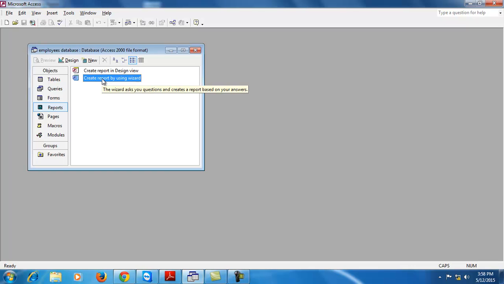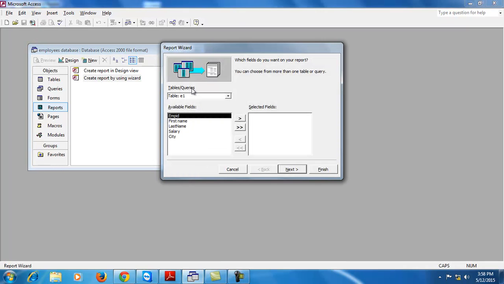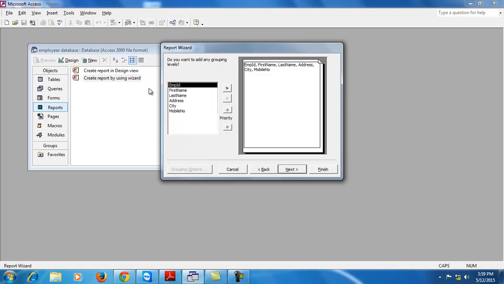To create the report, just select the create report by using wizard. Select the table on which you want to create the report. Select the fields, then click on next. Then if you want to add any grouping levels, then you can select the field by which you want to set the grouping of the fields.